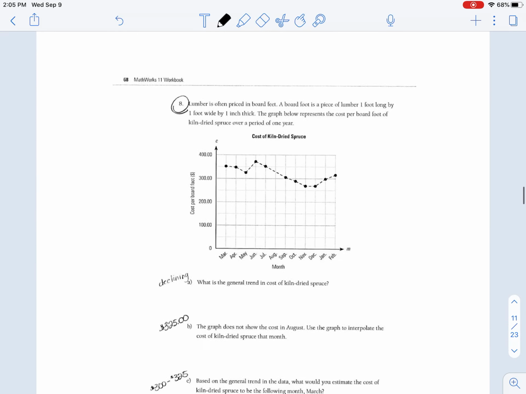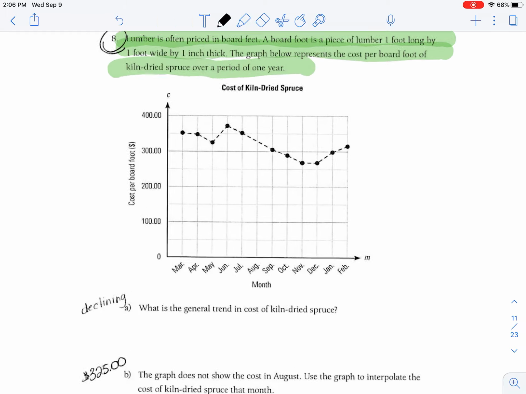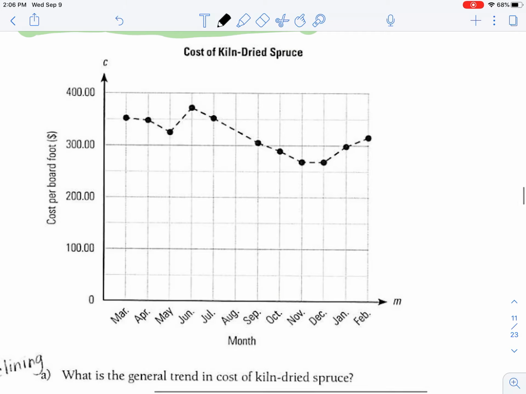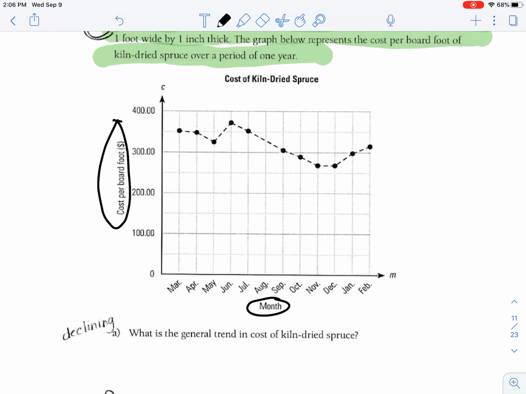So let's see here. Lumber is often priced in board feet. A board foot is a piece of lumber 1 foot long by 1 foot wide by 1 inch thick. The graph below represents the cost per board foot of kiln dried spruce over a period of 1 year. Okay, so we can see we have the cost of a board per month, and obviously it increases and decreases